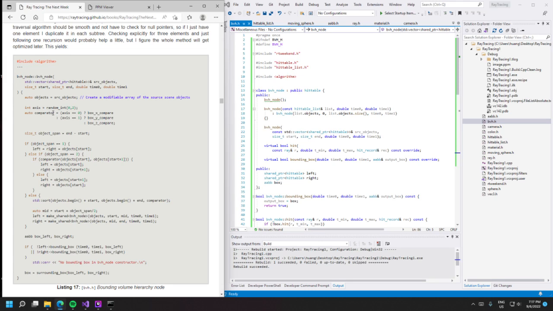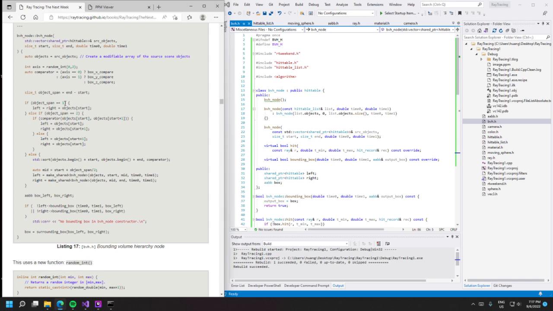There are 3 axes in total, so you just pick one. And a comparator. If the axis is 0, we want to do the comparison on x. If it equals 1, do it on y. If it equals 2, do it on z. The object span is the end minus start. And if the object span is 1,